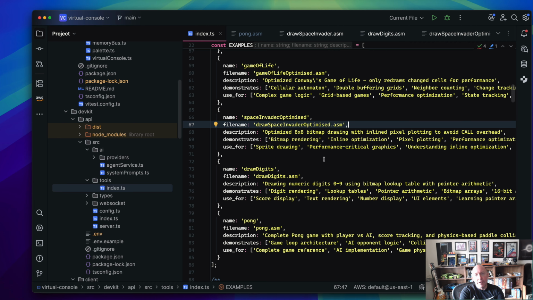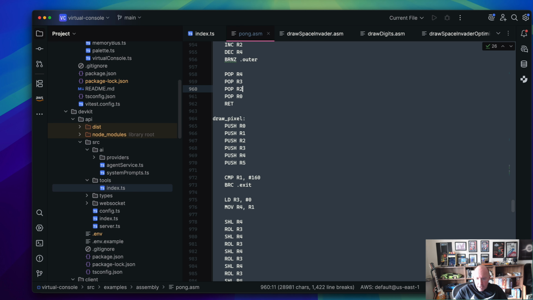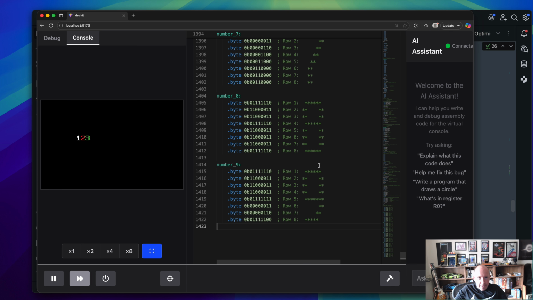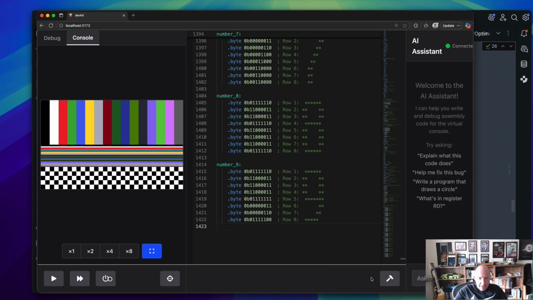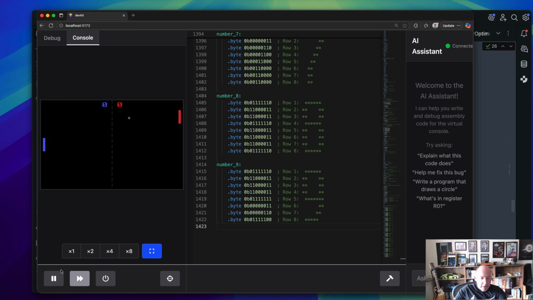The other issue I had was, if I just load up Pong again, let's put Pong back in there, reset the machine, run the machine. The other issue I had was getting the code to recognise when a ball has gone off the screen, which sounds simple, and it is quite simple. However,